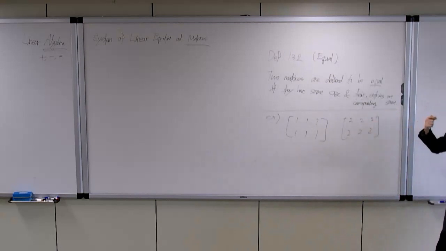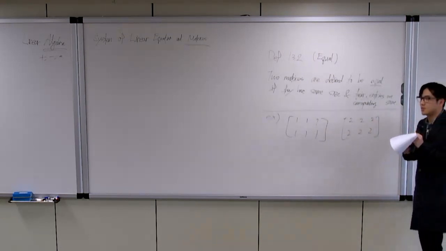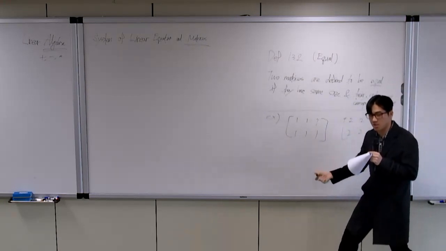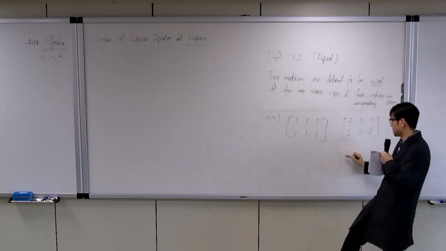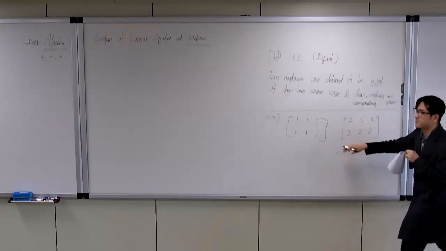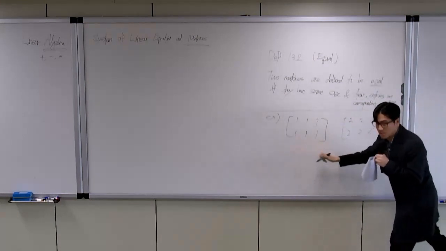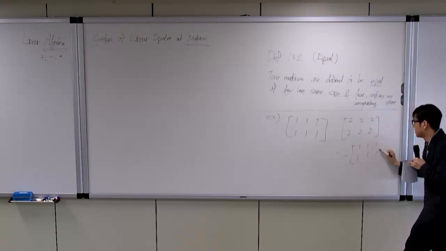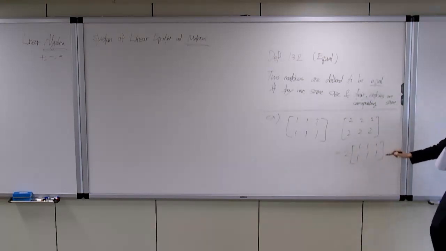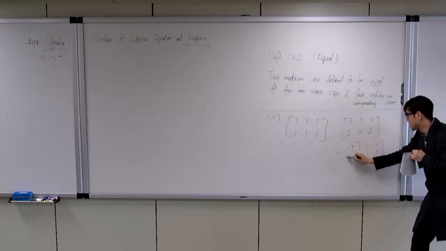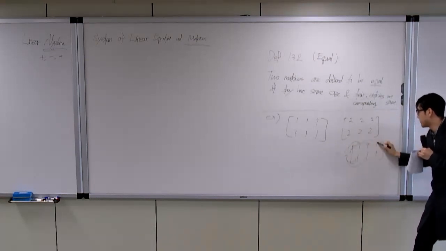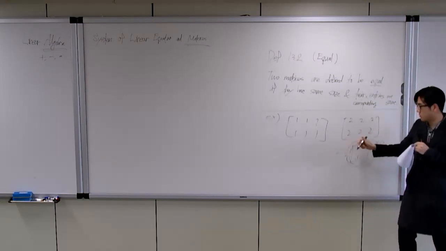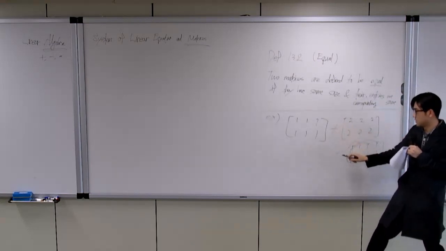I will define another operation, which is called scalar multiplication. We can denote this using this matrix, and by multiplication for each entry, we can get this matrix. So it is not equal because